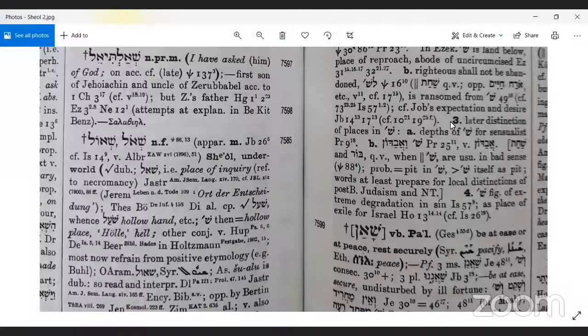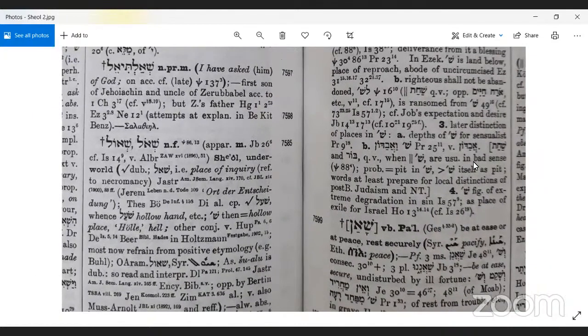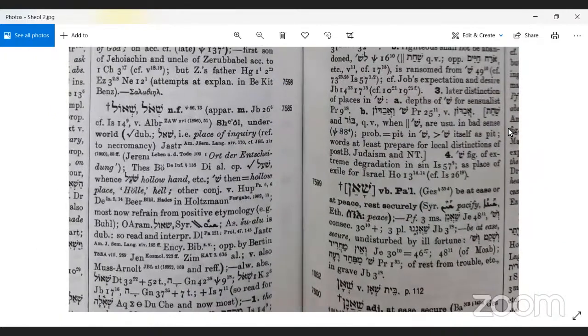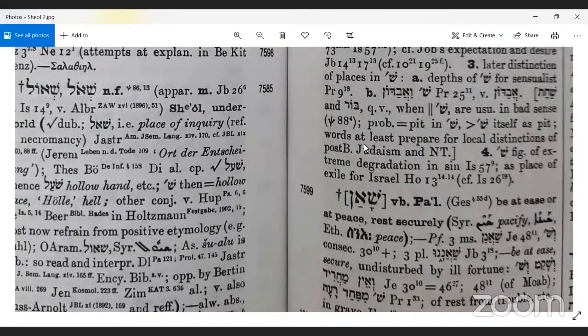I think it was number 3. It says later distinction of places in A, depths of, okay, for sensualists. B, this is citing scriptures, which are usually in a bad sense, okay, and then probably a pit, okay, hold on. Okay, so words at least prepare for local distinction of